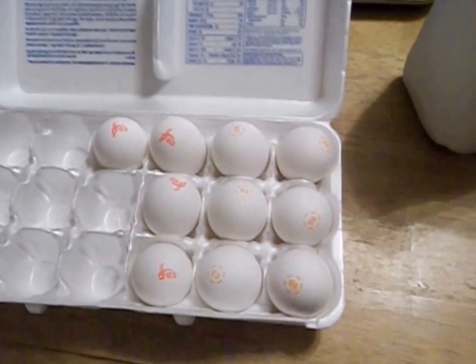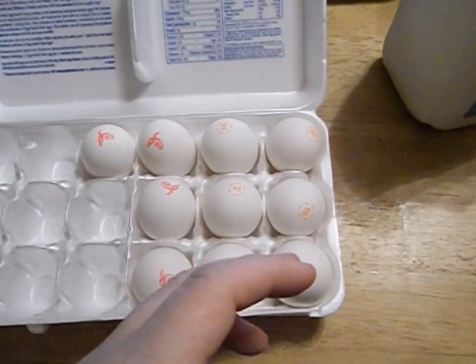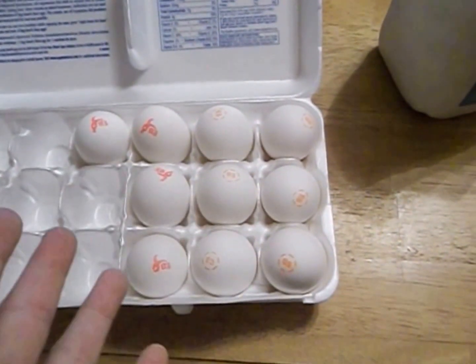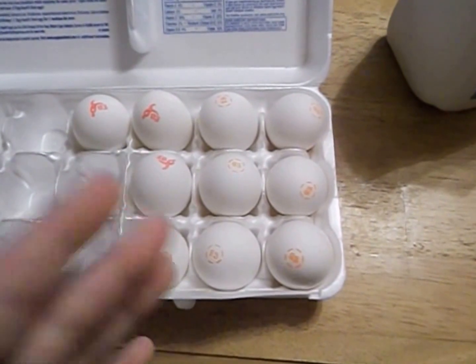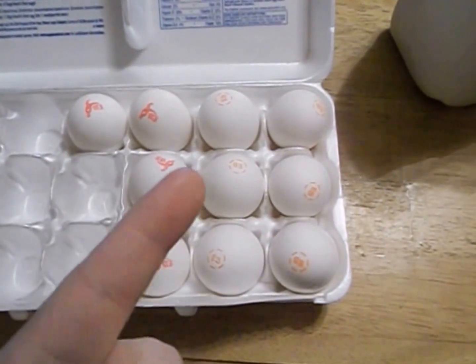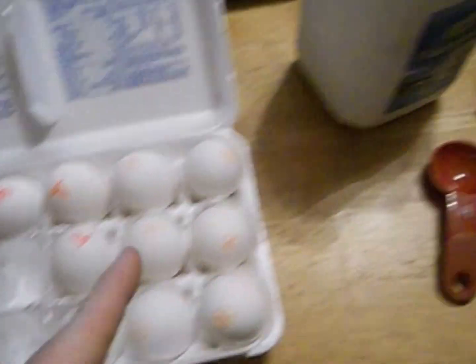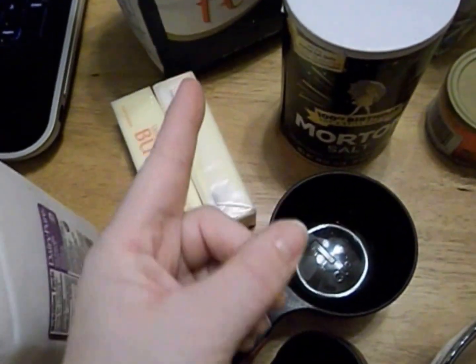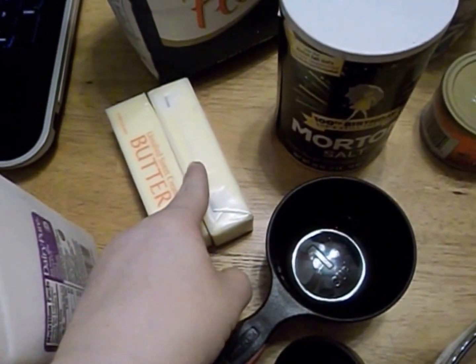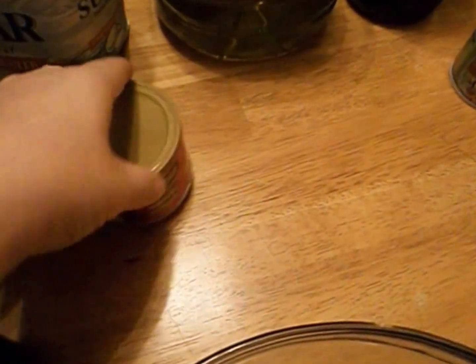We've got eggs, which I'm actually doing 2 cakes because my coworker's sister is turning 40. So the recipe calls for 5 large eggs for 1 cake, so that's why I need 10. So I got 10 eggs, milk, butter, as 1 cake calls for 1 stick of butter, but I'm using 2 for 2 cakes. We have flour, salt, baking powder,